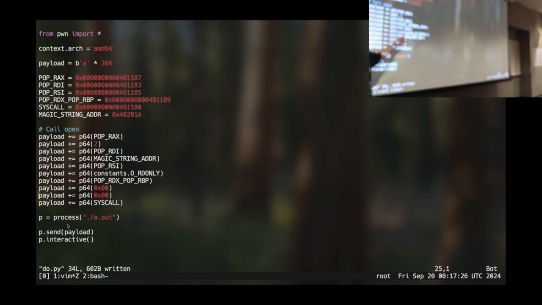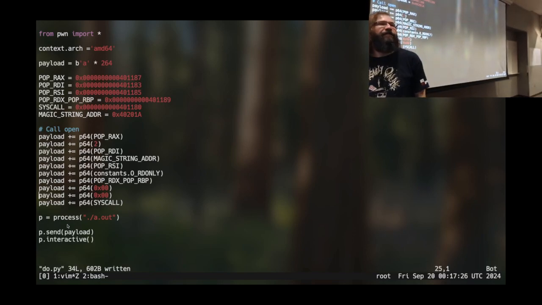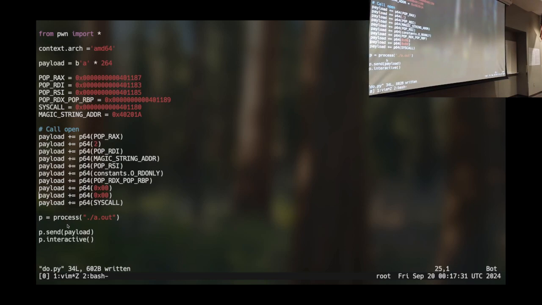A side effect of it is I had to set RBP. What happens if somewhere down the road I call something that needs RBP? It's going to dereference a memory location relative to RBP. I can't use that, because I have now ruined RBP. RBP is just off limits, right?